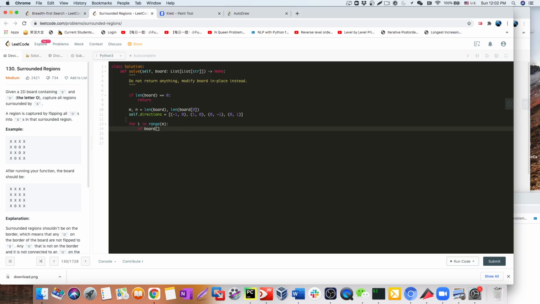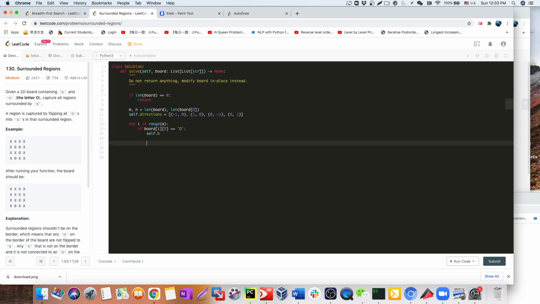I stands for the row, so our row is going to be I, and we check the column. We are moving along the rows and checking the first column and the last column. Let's check the first column first. If the first column is equal to O, then we can start